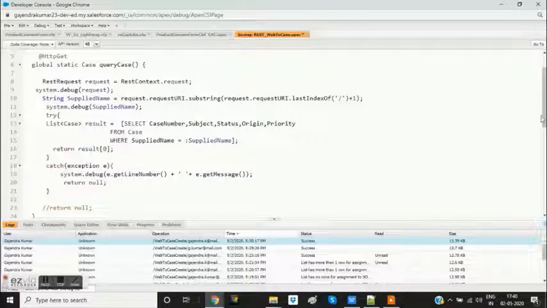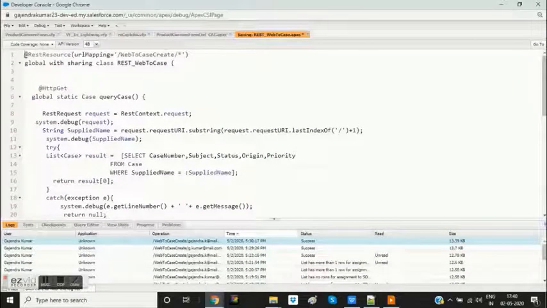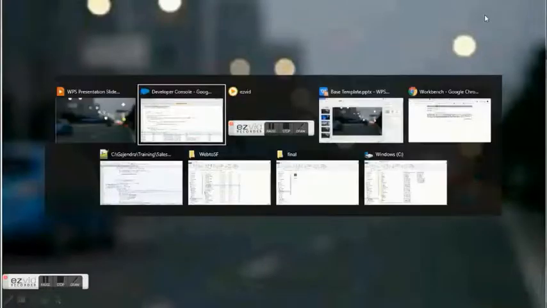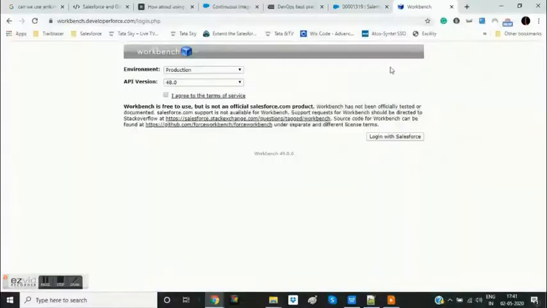Okay. So now how do we test it out? Our method is done. The class is written. When we save it, because we have written it, it will be exposed as a REST service to external systems. But because we just want to test whether it will be working properly or not, we need to be very sure whether the class will be called and the function will be working fine. How do we test it?